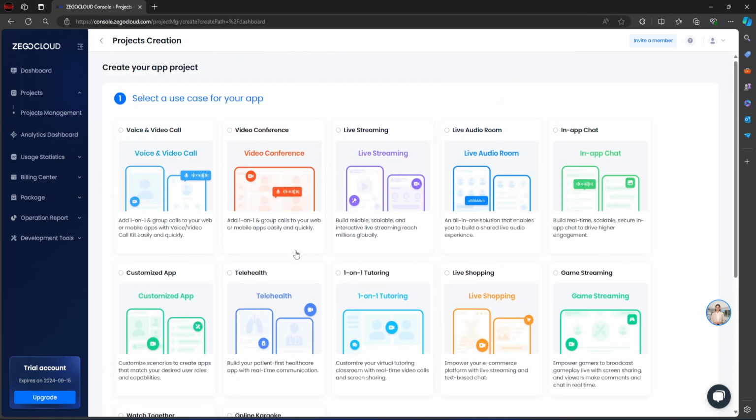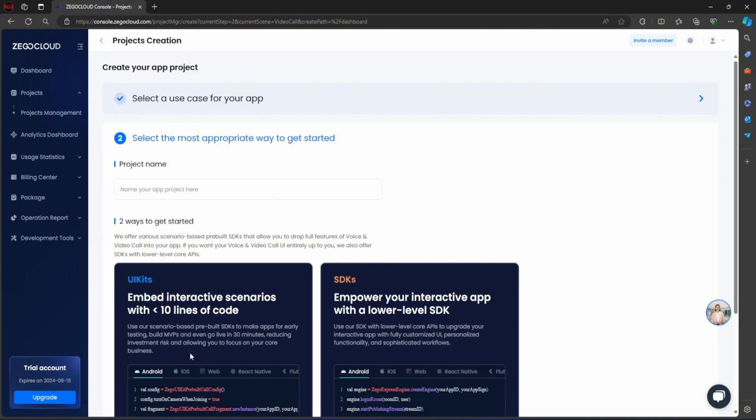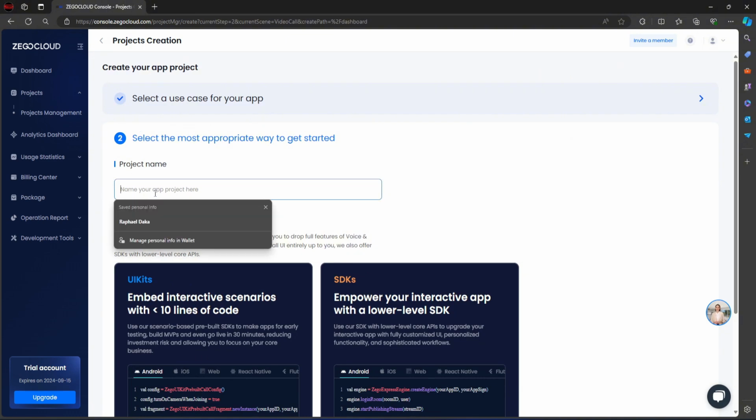But in our case we are interested in a voice and video call. So let's go ahead and select this one. After selecting what you want to use, you come down here and click on next. Now here on next, you need to give your project a name. So I'm going to name it